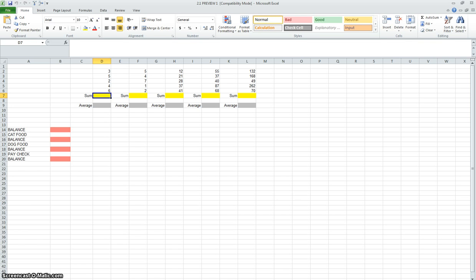All right, our next lesson is starting to use some of the math capabilities in Excel. So you're going to download these numbers from the My School website, and we have a few columns of numbers here in D and F and H and J and L. So what we want is in these yellow boxes where it says sum, we want to figure out the sum